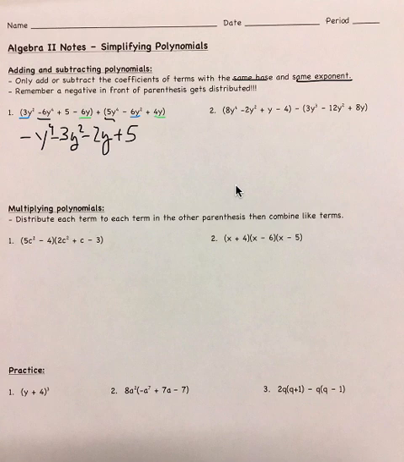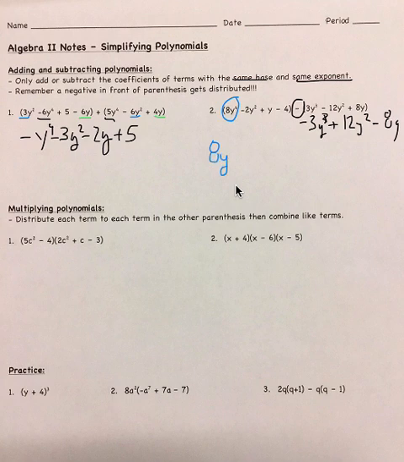Now the second one, first thing we need to do, we have this negative sign here. Rewrite each of these so it changes the sign on all three, and then we can match them up. So we have the 8y to the fourth, it's the only one. So I'm going to just write it down here. Then we have y to the third right here. It's the only one. So minus 3y